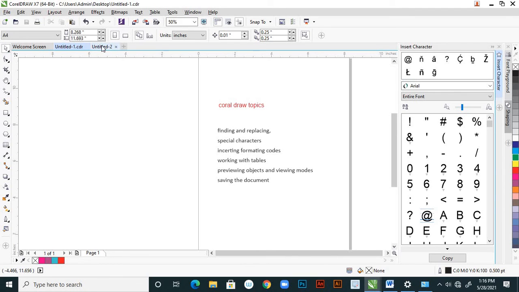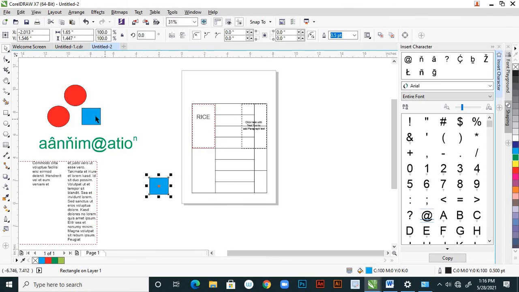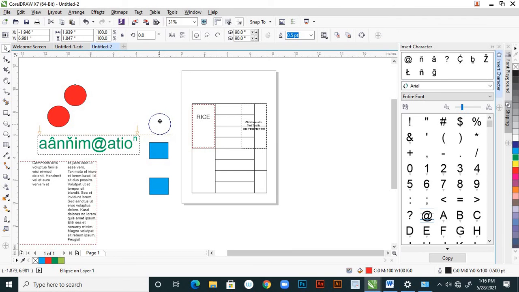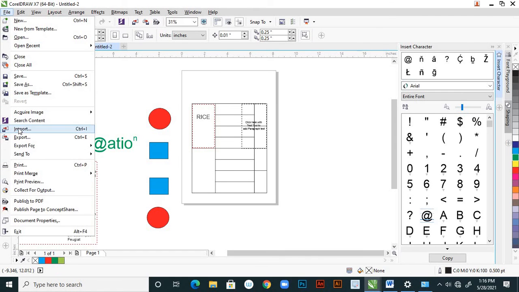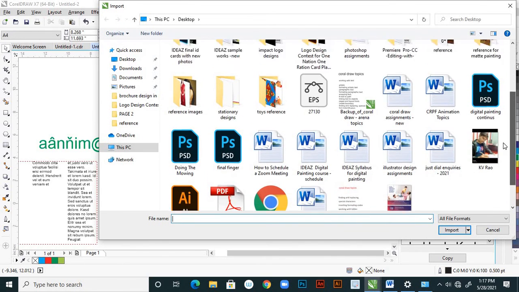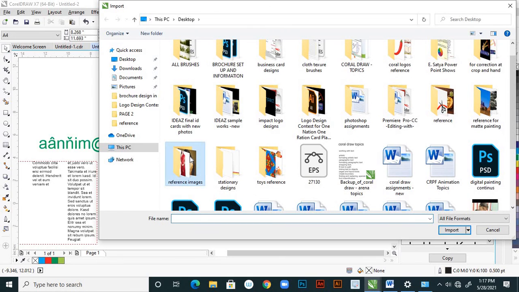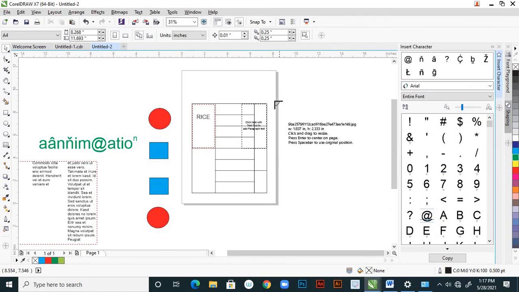So generally the viewing modes are, suppose here, see, these are my objects here. Here I want to import one image, any image I'll import. Yeah, from references I'll take this picture, import.